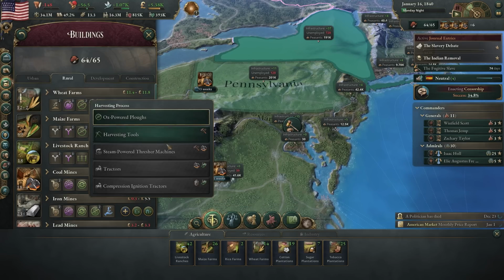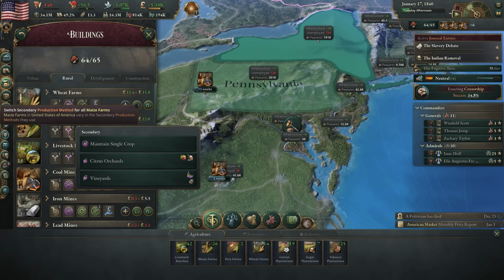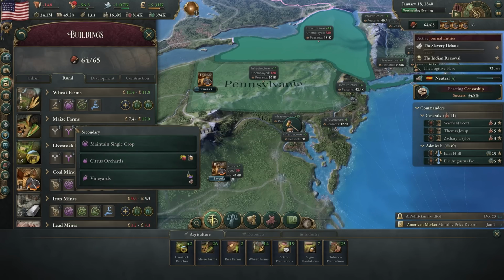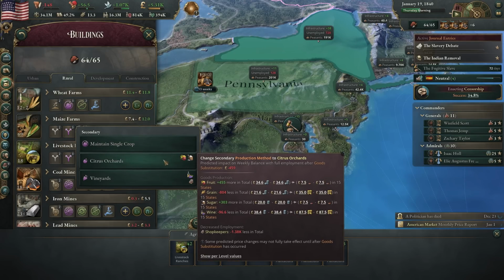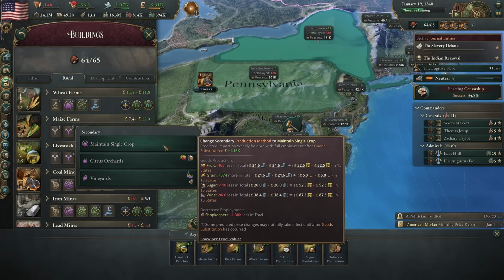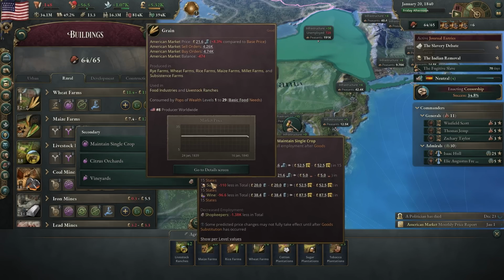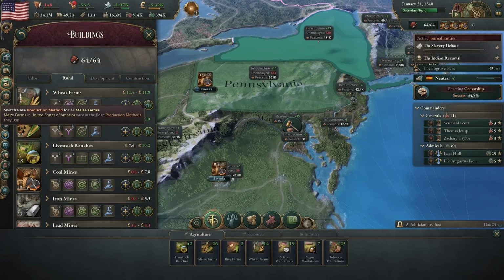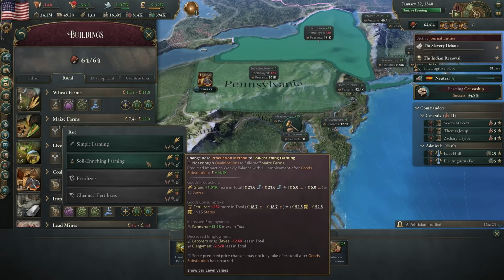We could also enact the harvest tools here at some point. And the maize farms, what are they working? They're working in a mixed one right now. No, here I will keep the mixed one active because the other ones are too important to us. This would solve the grain problem though. Oh, fertilizers. We do have them, right? This would give me 1000 grain in addition if I activate the fertilizers. That would be a very good one, though we don't have that many fertilizers,